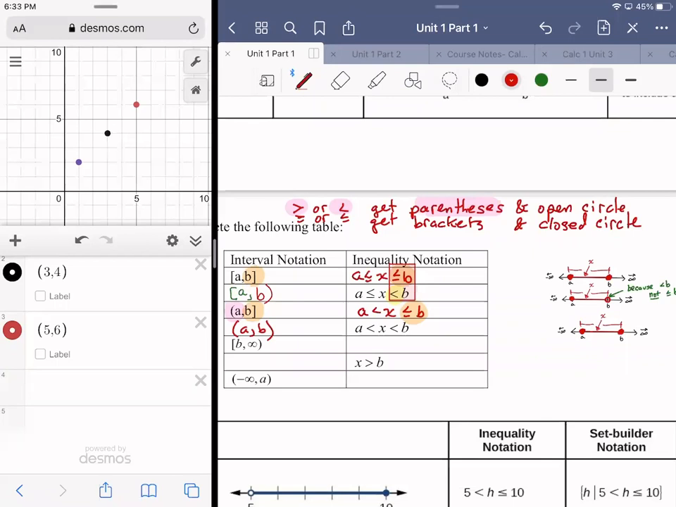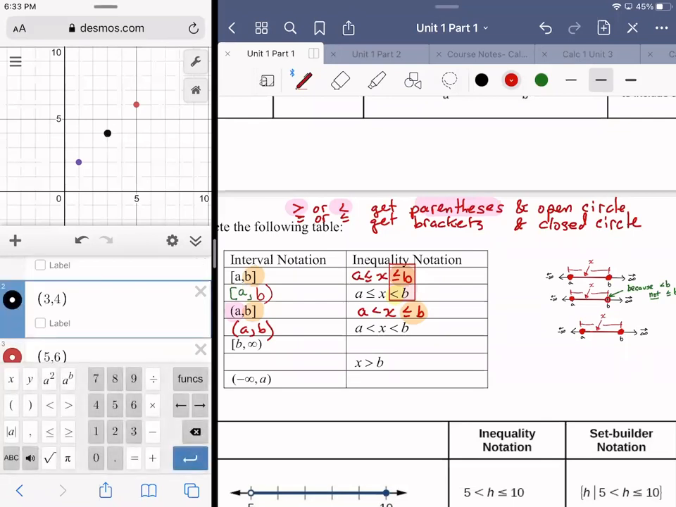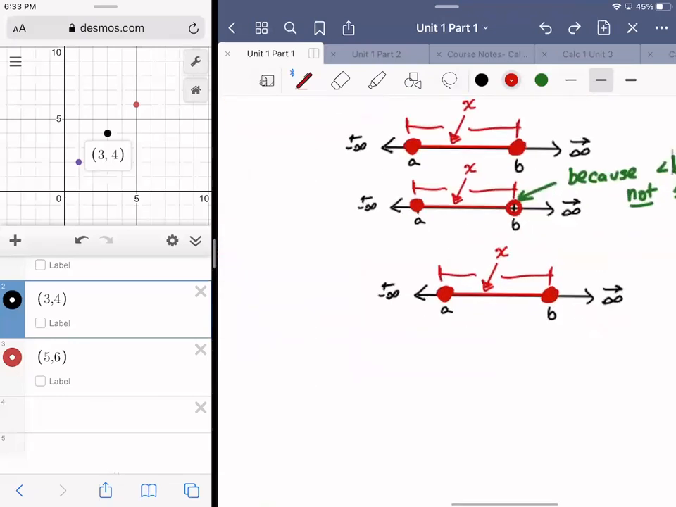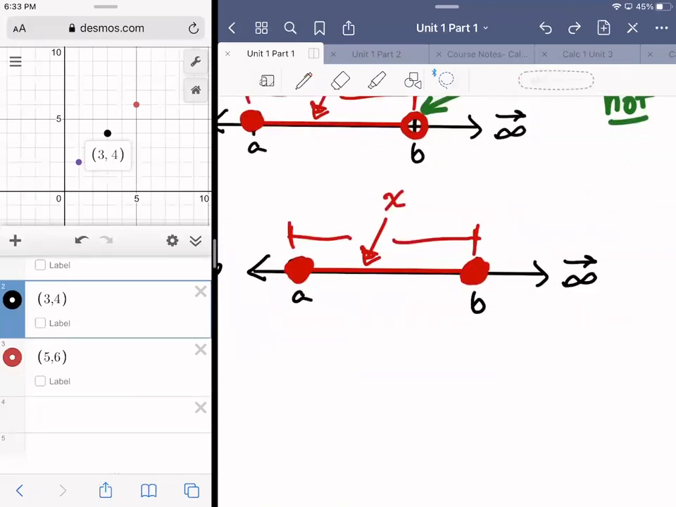Because over here, 3 comma 4 meant the point 3 comma 4. But over here, if I wrote 3 comma 4, I'd be talking about all the values in between 3 and 4. Graphically, that would look like,